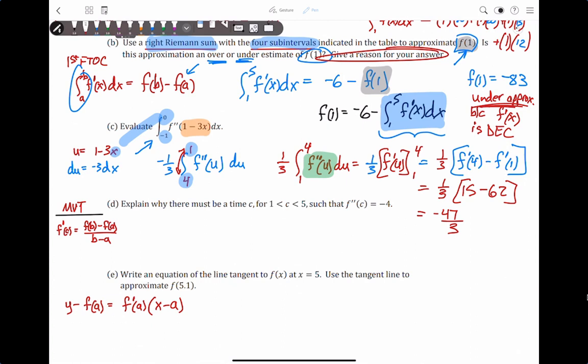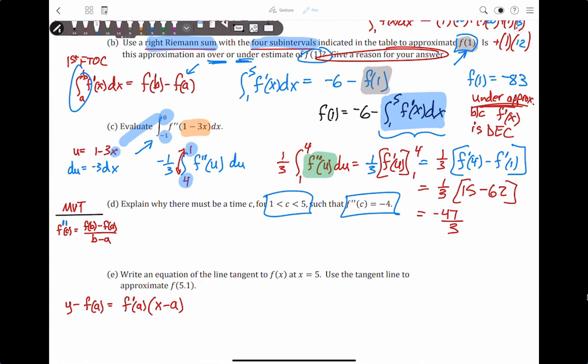So now let's go ahead and go to part D. Part D is a very, very clever question. I love this question. It says, explain why there must be a time C in between 1 and 5, where f double prime of C is -4. Now we know by mean value theorem that f prime of C is equal to this difference quotient between the positions. And that means f prime of C, that is,